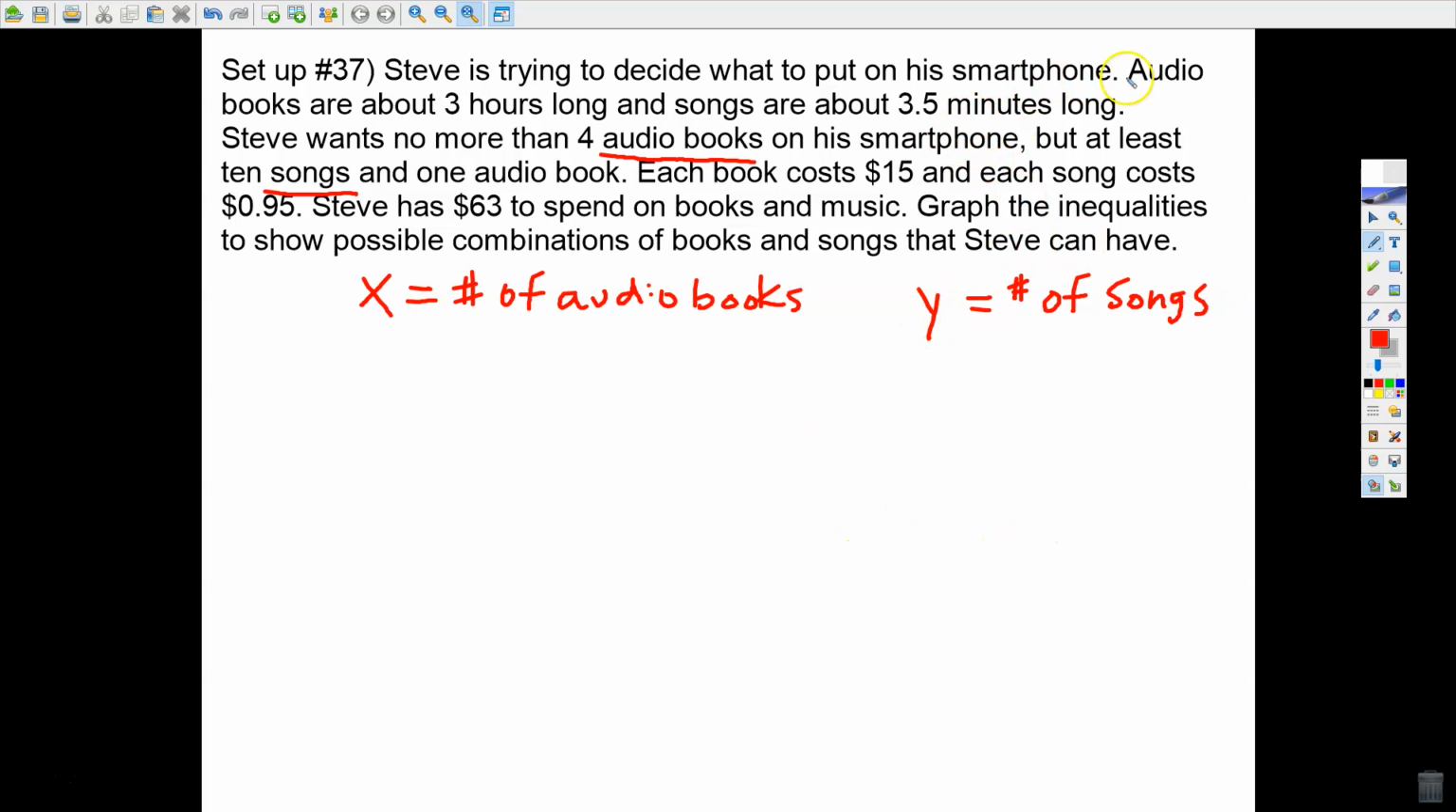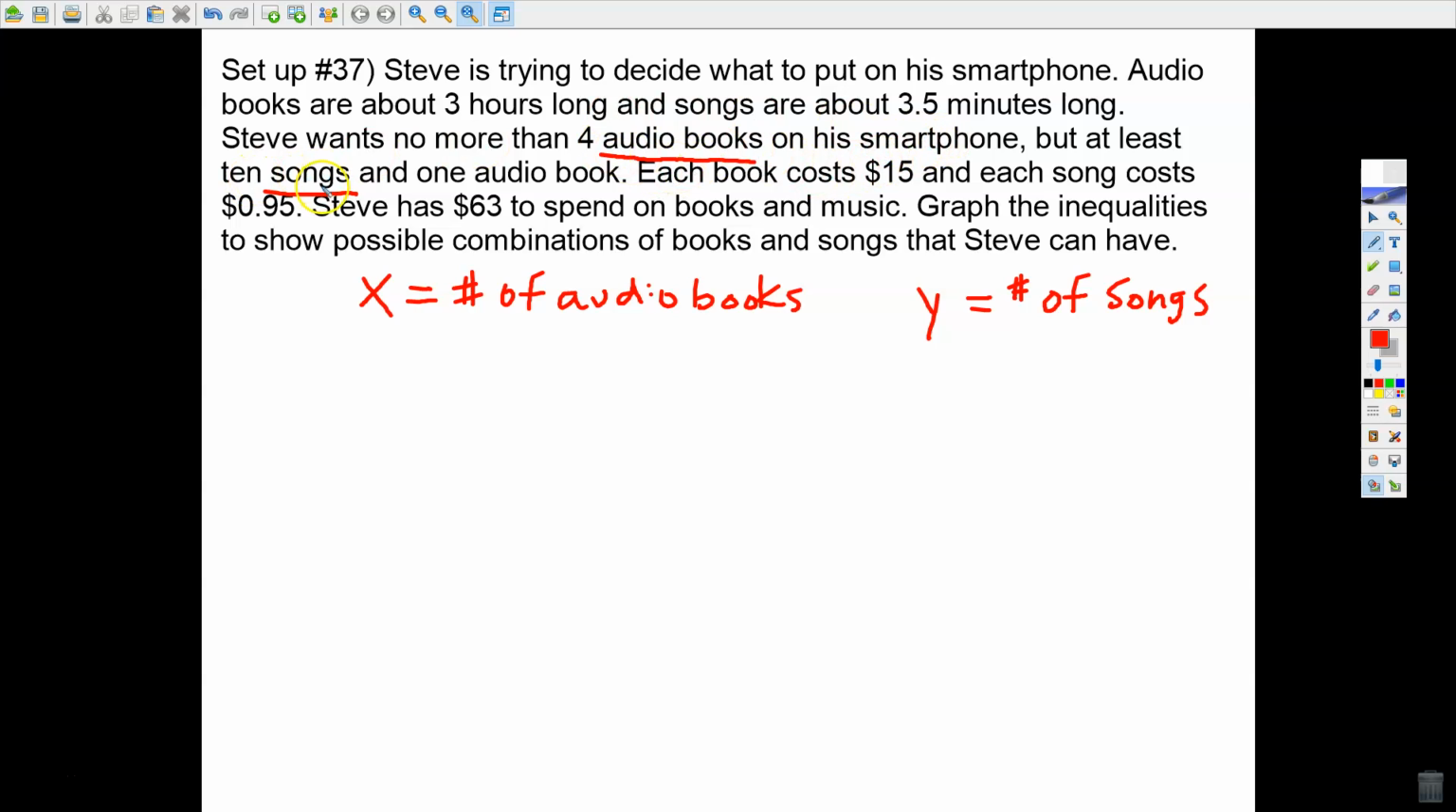Okay, this first piece of information, it's actually in the second sentence, really isn't needed, and I'm going to try to help you understand why. They tell us that audiobooks are about 3 hours long and songs are about 3.5 minutes long, but then they don't tell us how much time we have altogether. So really, there's no way to make an inequality with this information unless they tell us our time limitation, how much time is available to store this information. If we don't know that, then it's not going to be possible to write an inequality with these two pieces